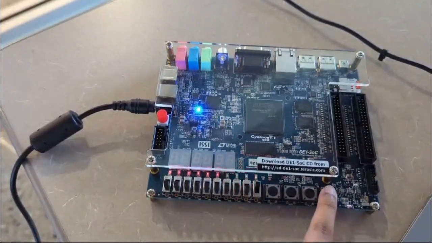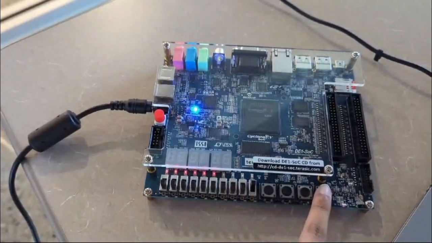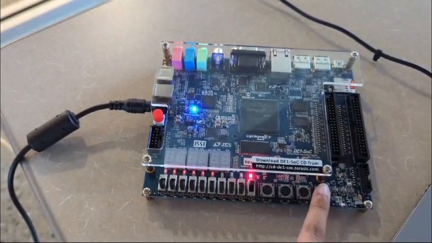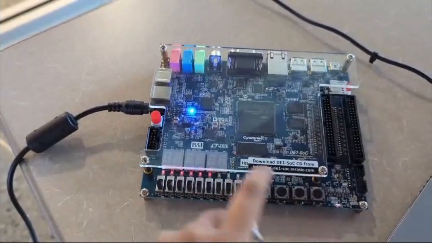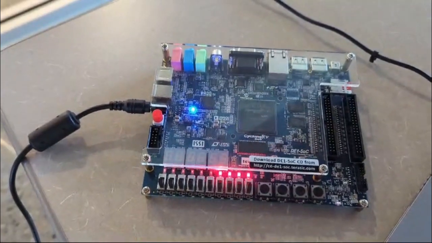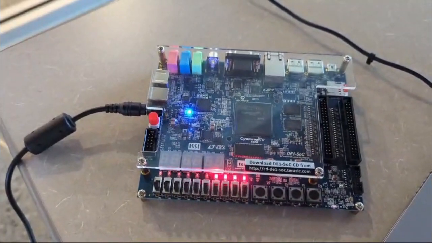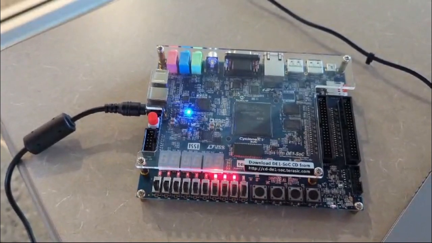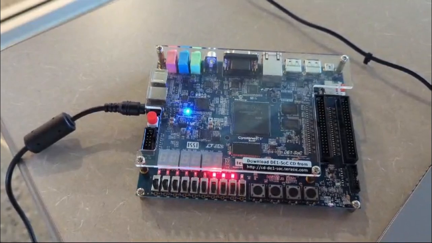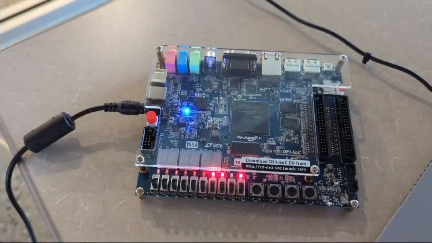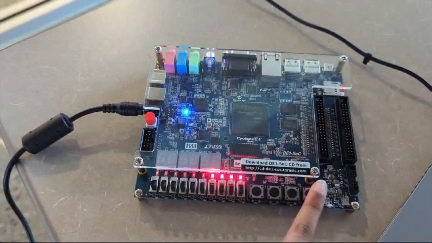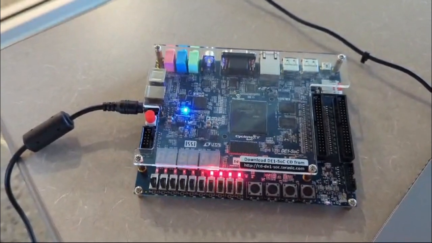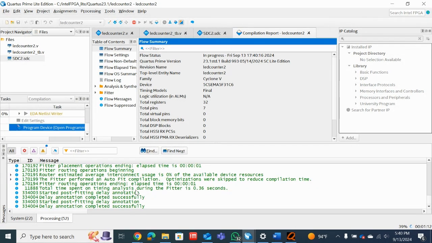And when you press reset, it goes back to 0 and starts from 1 again. So we reset and change it to down counter. It starts from 15, then 14, 13, and when we press reset, it goes back to 15. Now it's fully flashed. After the flashing is done, we compile it once again